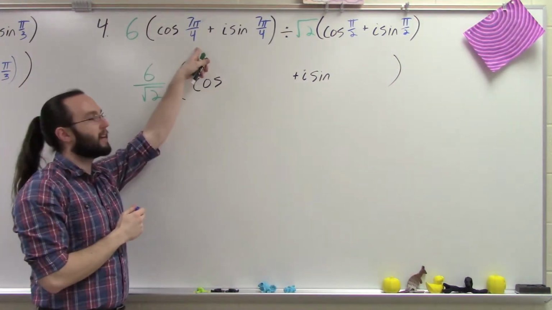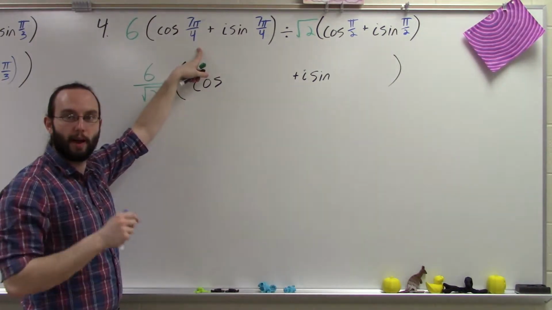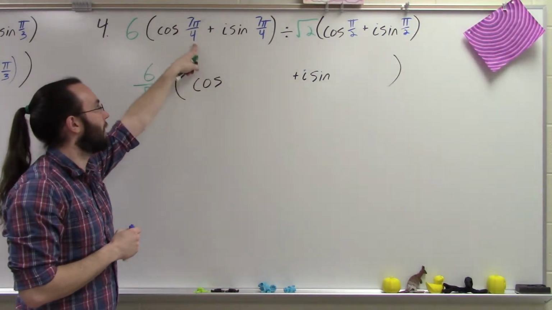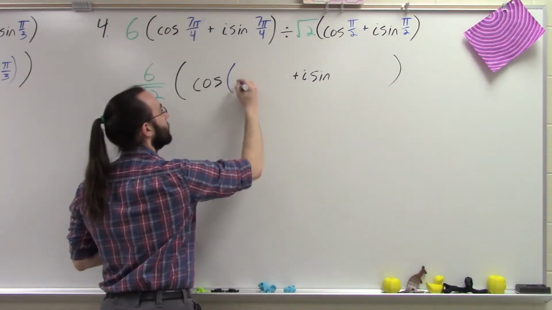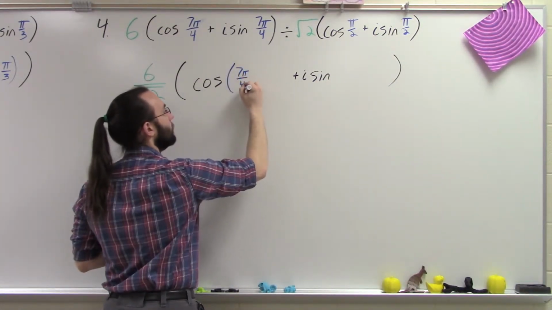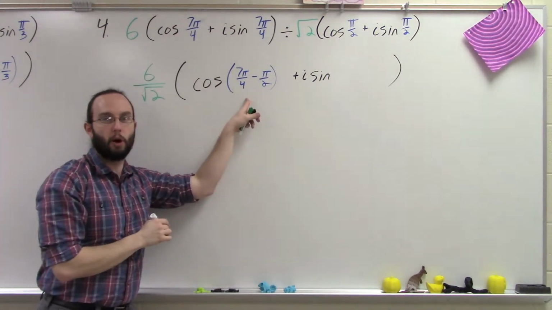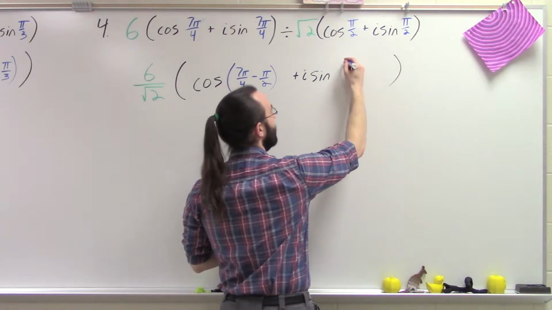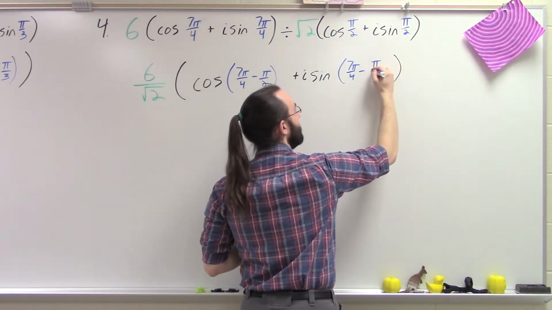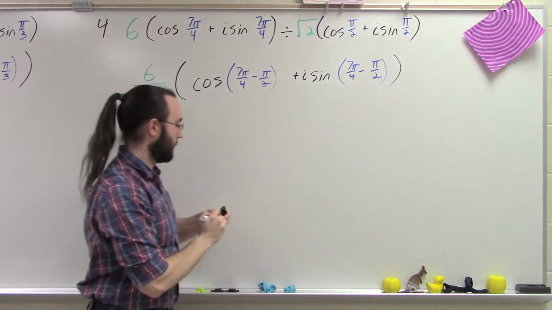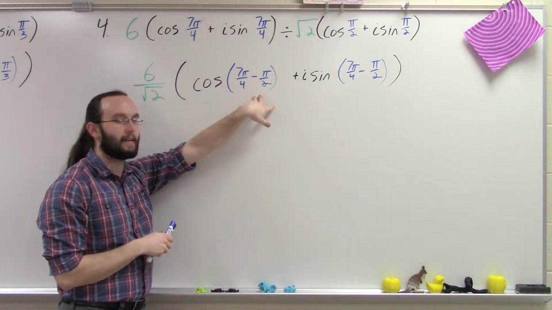Our arguments in this case are going to be 7 pi over 4, and I think I just said add. Subtract, we want to subtract the arguments. 7 pi over 4 minus pi over 2. Keep in mind we're doing that for both cosine and sine. So there's a little bit of cleanup that we have to do both in the angles